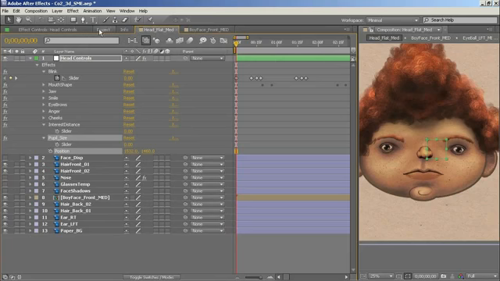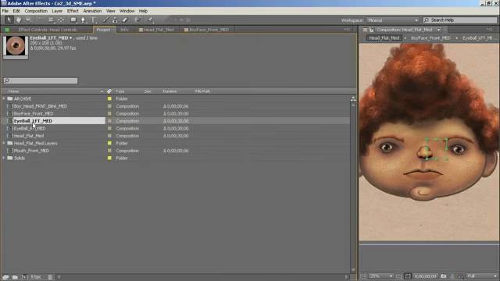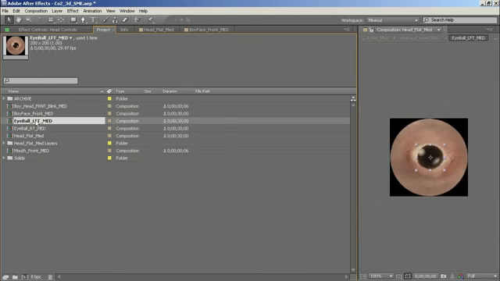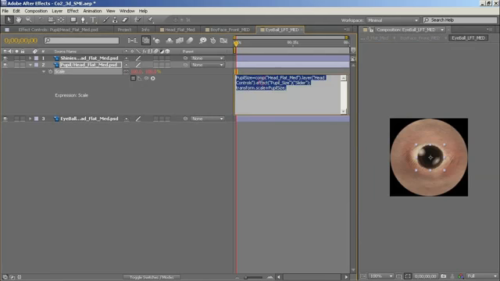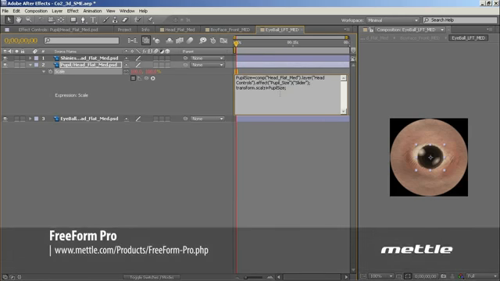When I attach the slider value to the pupil scale, the scale is actually what's called a two-dimensional array. So there's two values. There's an X value and a Y value. The slider actually only has one value. So After Effects, by default, chooses to apply that value to the X axis first, and then it leaves the Y because I didn't define a value for it. So now I need to go in and specifically say to After Effects, apply the slider to both the X